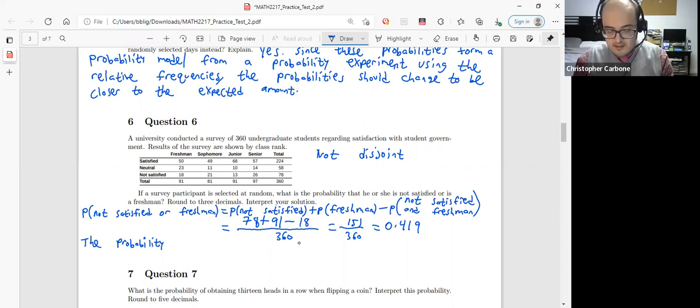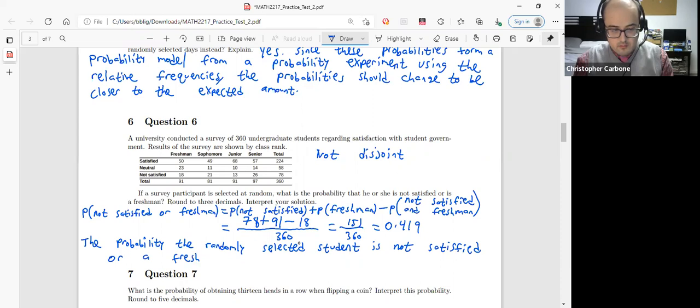So the probability that the randomly selected student is not satisfied or a freshman is